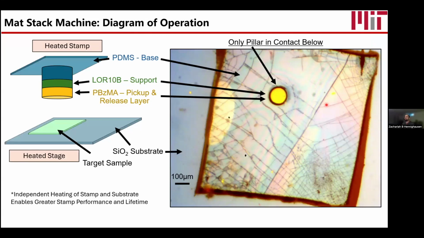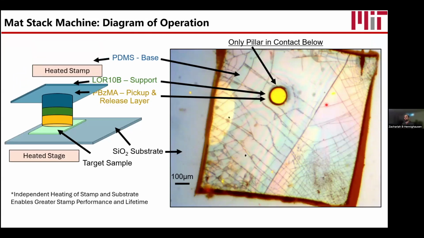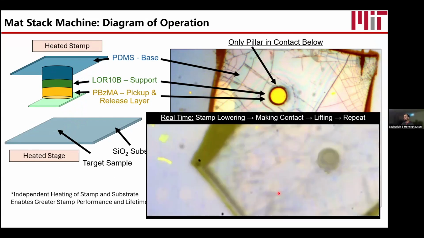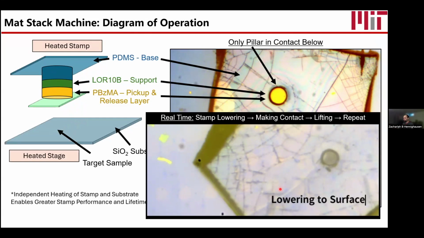Okay, cool. So I showed you guys earlier, we have this machine. It can pick up the 2D materials. Here's a stamp. It's cut into a square by hand, but it only makes contact where these pillars are that are fabricated using a mold, and I'll explain it all later. And then let me show you. So this is real time, this movie. So here we're going to be picking up different graphene sheets.